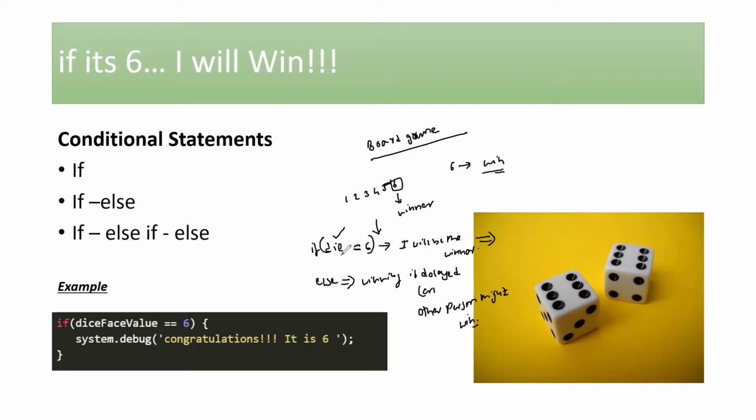Now, if you see this condition, this condition that I have could be true or false in a given scenario. Now, if I simply roll a die, it could be 6 or it could be 1, it could be 2, it could be anything, right? Between 1 to 6, it could be anything. If it is 6, then I'll win. Now, what we can see from this exercise is whatever the condition that we have here is giving a true or a false.